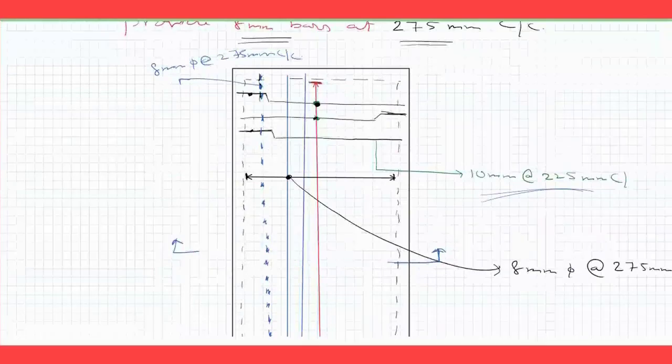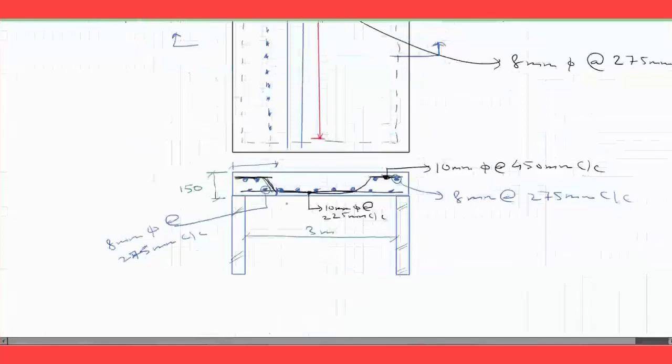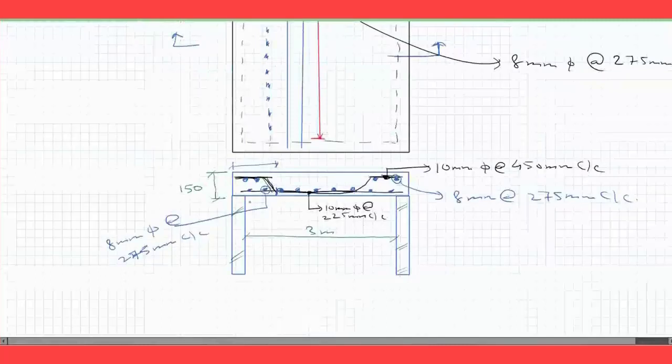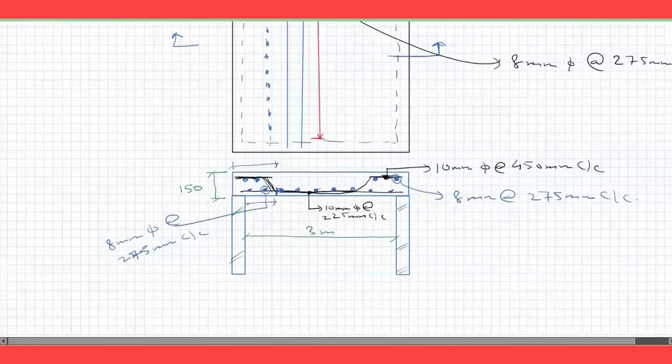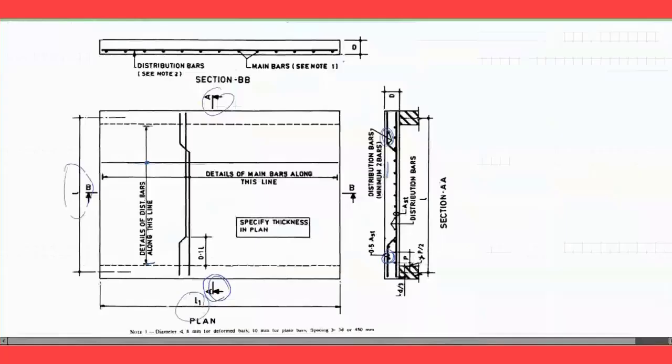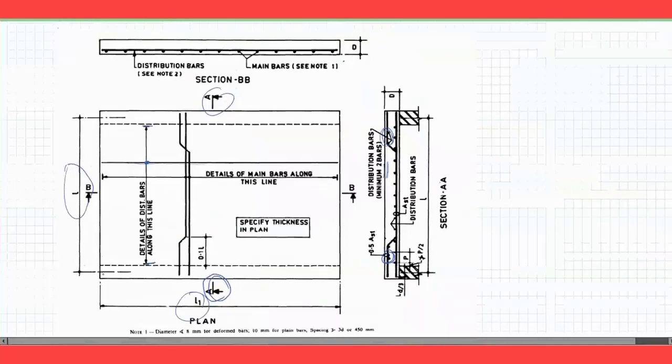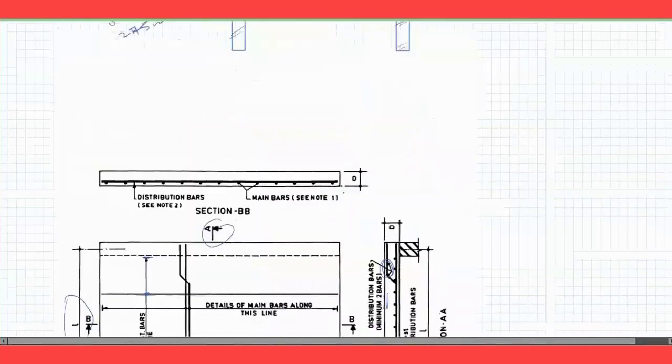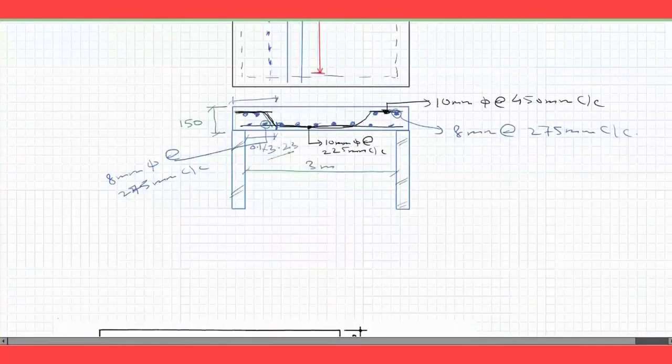So the part where the bars are cranked. Yes. Okay. Here you see this bar is cranked from the face of the support. This distance you will be taking as 0.1 into this span. You see here 0.1 L. And if you observe, it is center to center. Can you see this L? They've considered center to center, so this will not be 3, it will be 3.23.